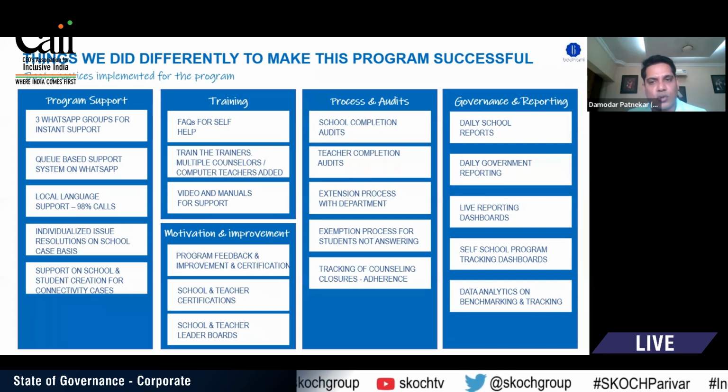So to make sure that the school completely follows all the processes, the platform had flags which highlighted the different school and teacher level completion audits. We also had processes defined with the government education departments, so that we look at exemptions and extension cases and so on. And as said, there was also live access given to the government, live access given to the schools